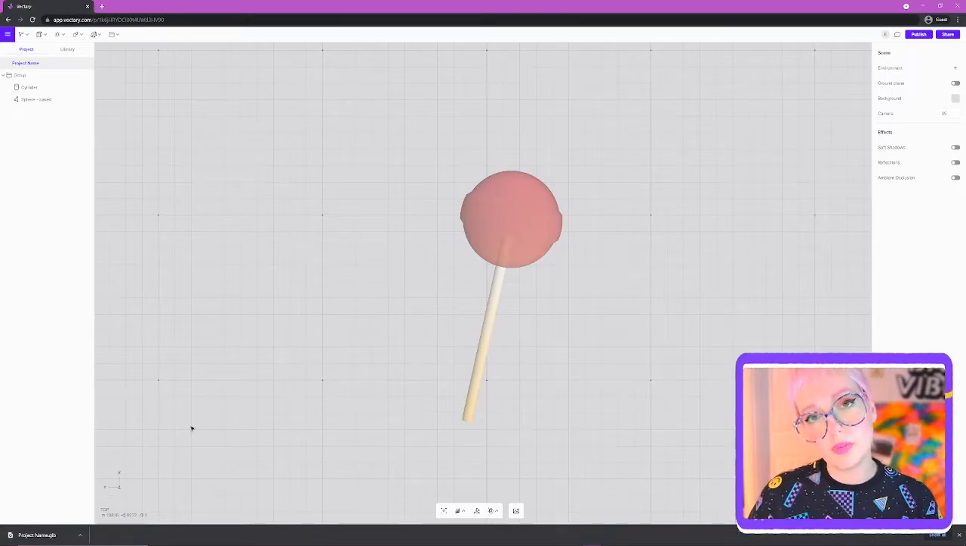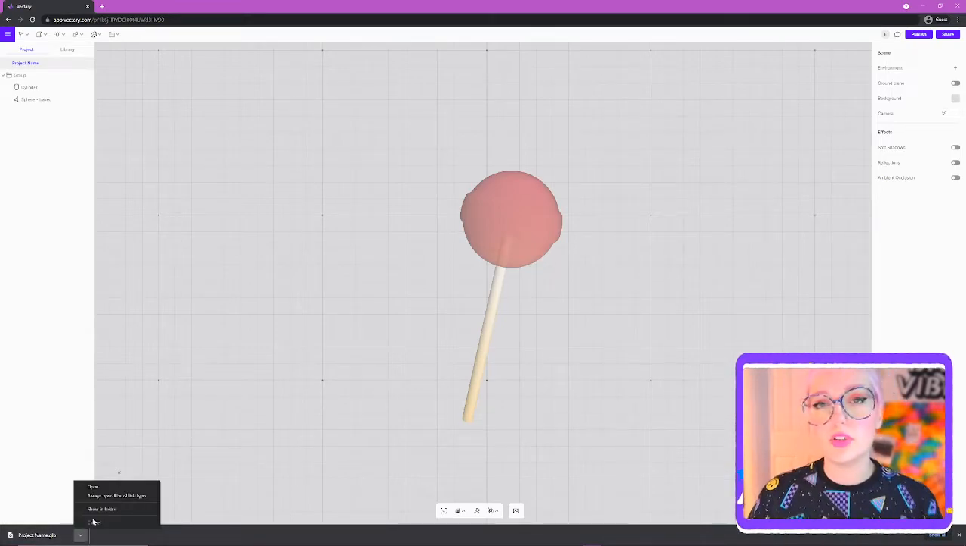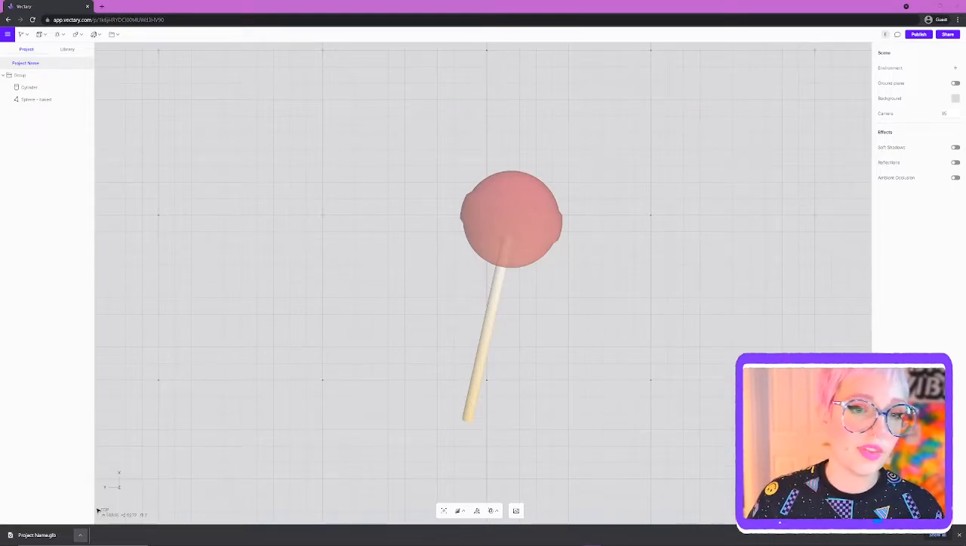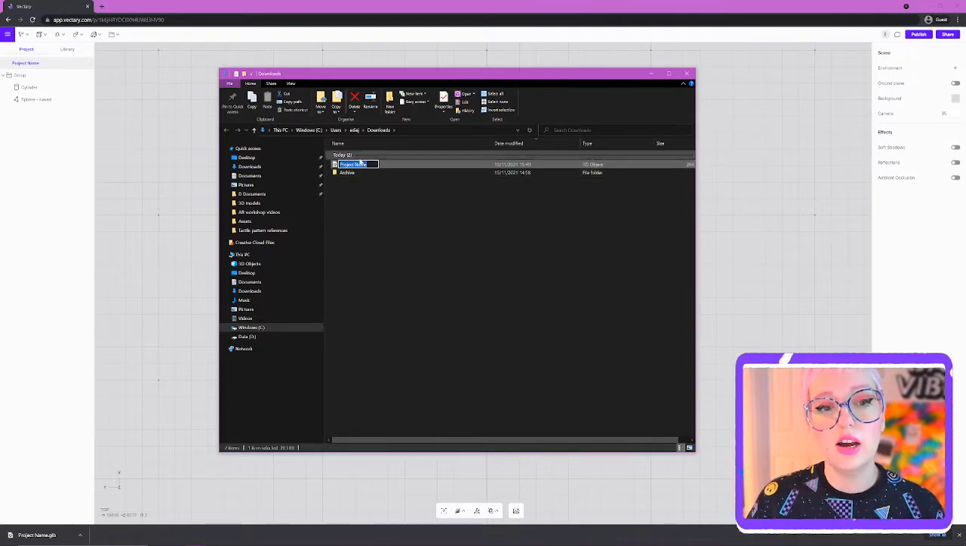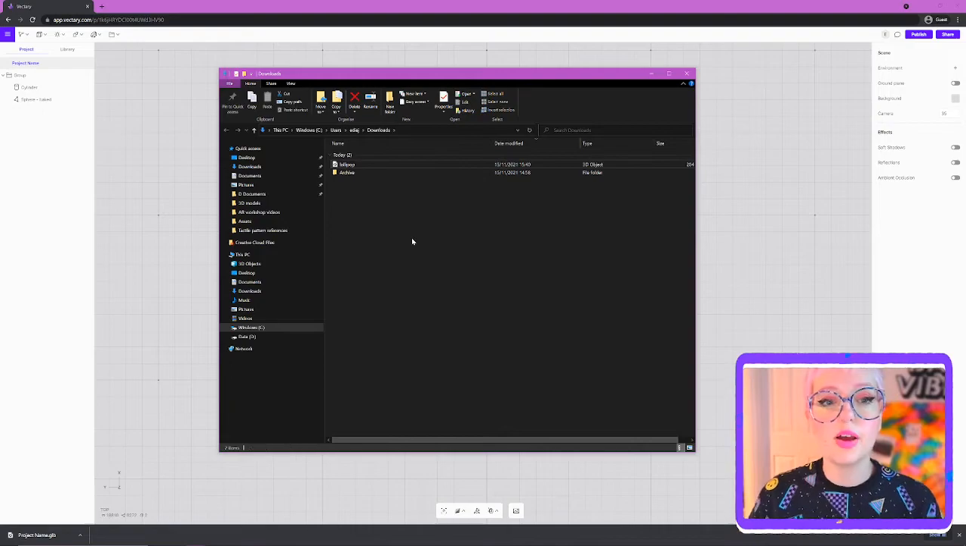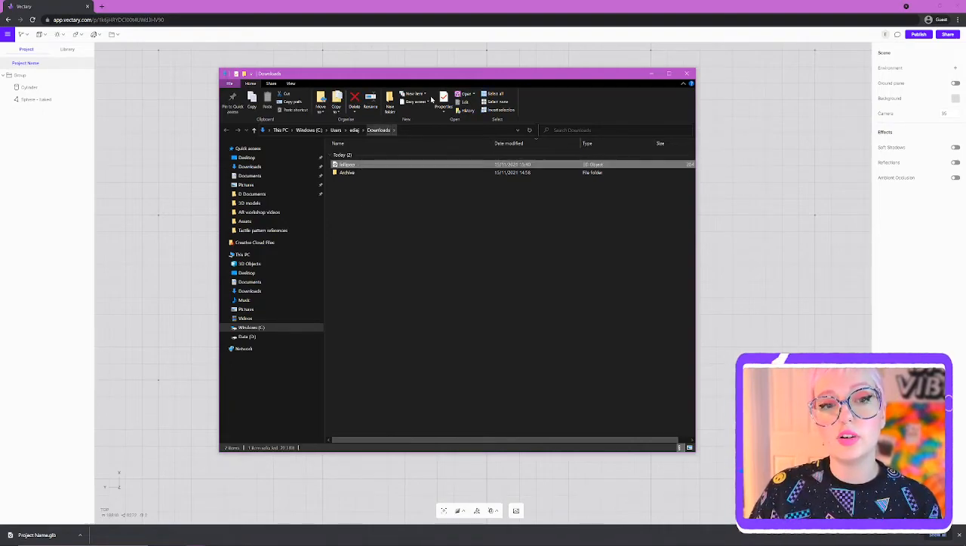It pops up down the bottom in your downloads folder unless you've specified somewhere else. And because we've not named the project, it's just called project name. So I'm just going to pop into my download folder and change it to lollipop. So that's all we need. You now have your model